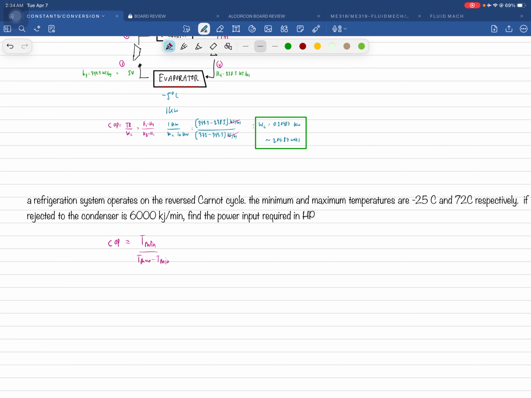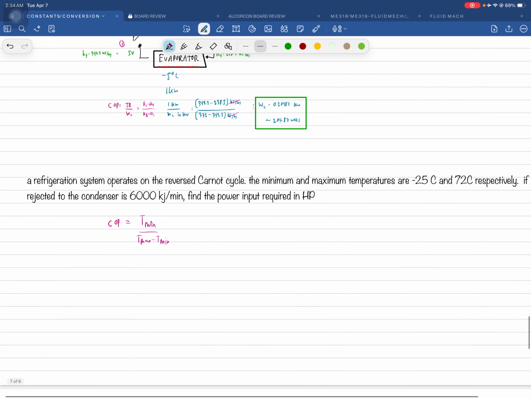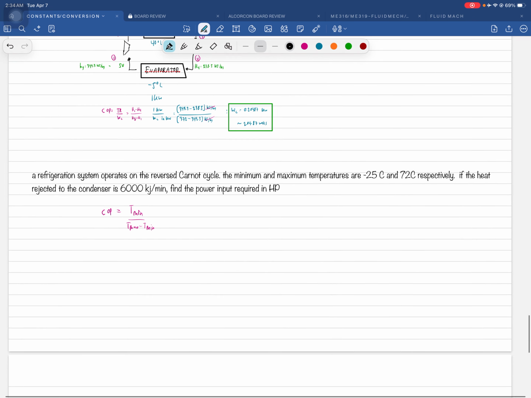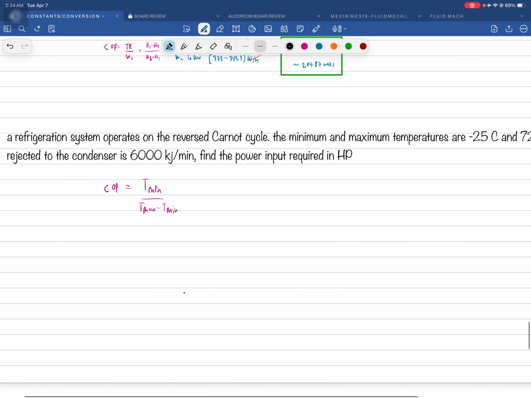And also COP pertaining to the figure, going back, we have an evaporator, we have the compressor, condenser,